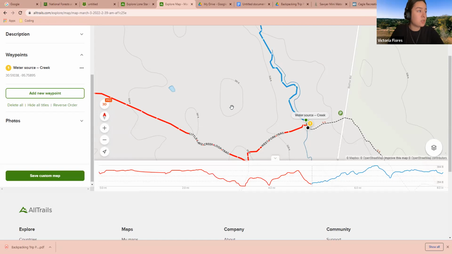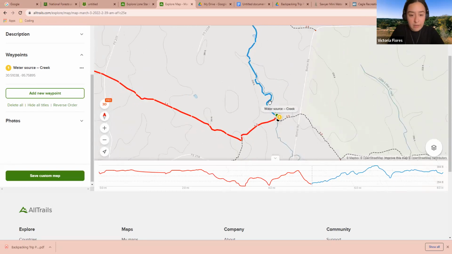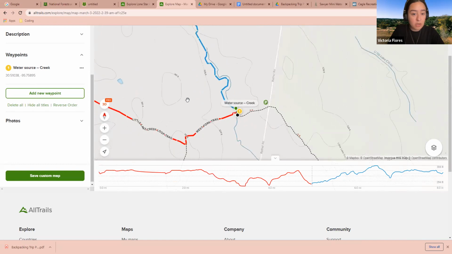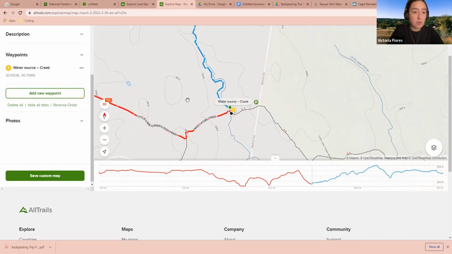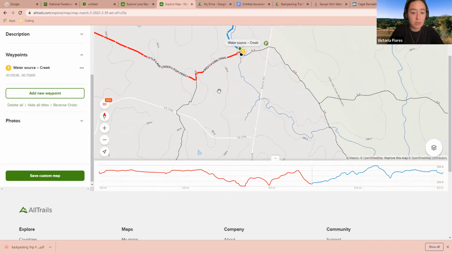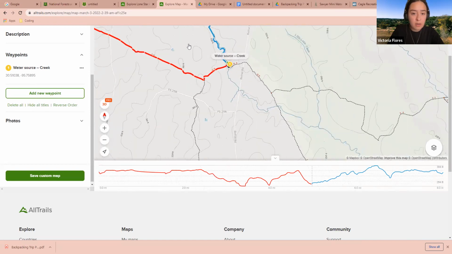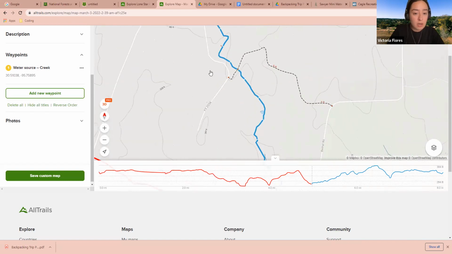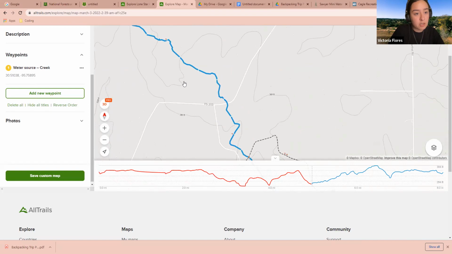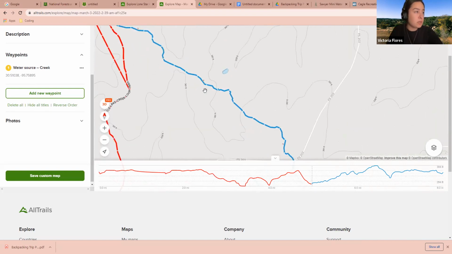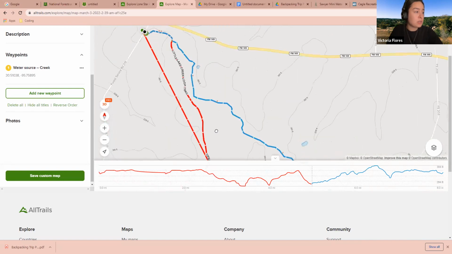Let's see. So after that, I would say if you did some research as well and you saw some places that you wanted to stop at along the route, then you could plot those too. But I'm not sure if there's any points of interest along this one route, but that would be something else that you could potentially add. So let me make sure we covered everything for this section.